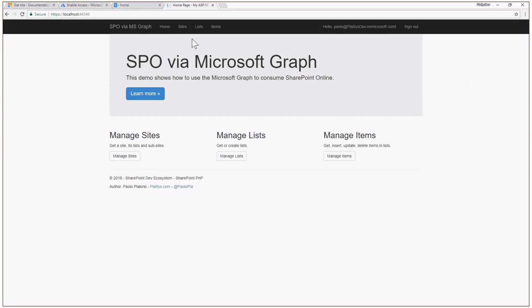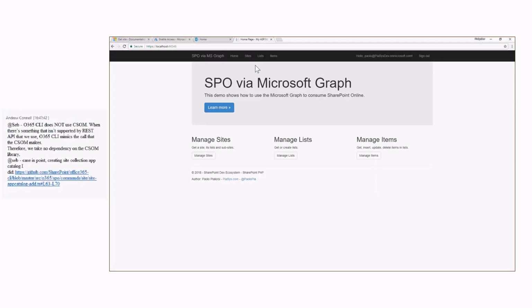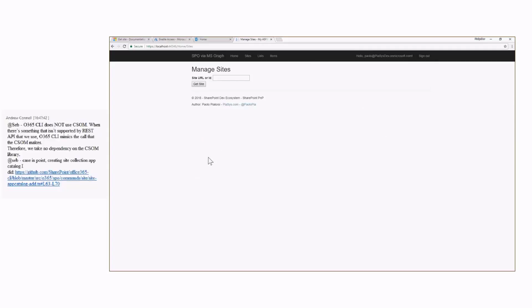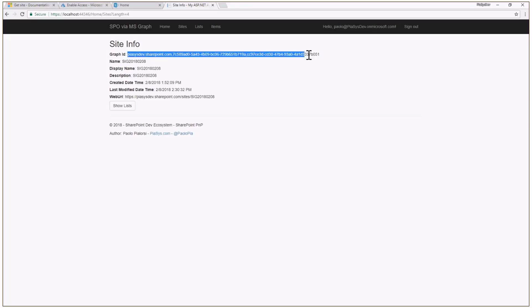It's a very classic ASP.NET MVC application in which I have the capability to get, for example, a site object using the REST endpoint of Graph, and the site object can be retrieved either using the relative URL of the site and providing the SharePoint tenant name. I will show you pretty soon the code under the cover of this page. And whenever you get a site, you can get back some information, some properties about the site, including, for example, this kind of nice ID, which is made of the SharePoint tenant name, as you can see, followed by a comma,